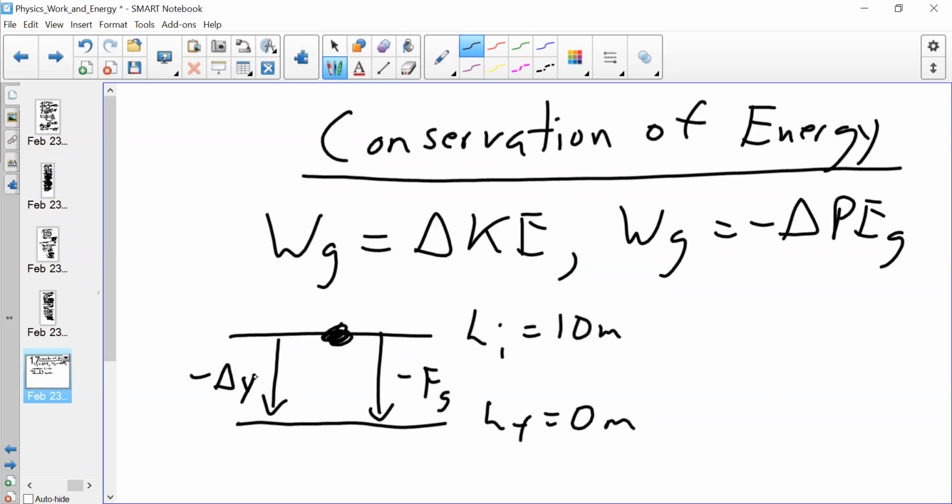So those are both negative, and we understand that work is force times displacement. Since the force and displacement are in the same direction, the work done by gravity is going to be positive,